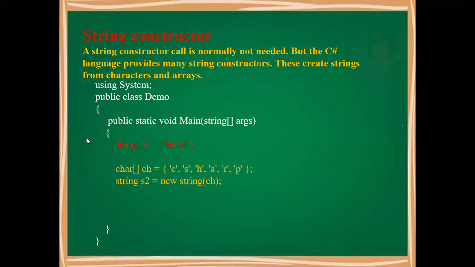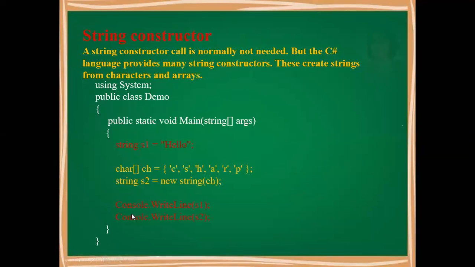Okay, so that's why we can use string s1, string s2 with the new keyword also, or directly use it as a data type. Here we have passed the characters to this character array to new string. This is the new keyword used to create an object of the string class. We are rarely going to use this syntax, but it has to be known to you. That's why we have kept this one.